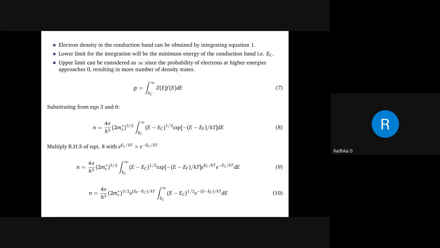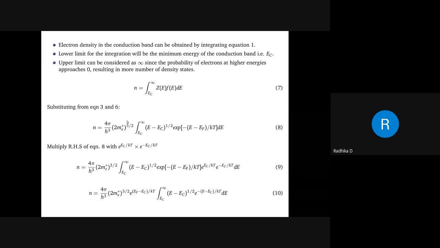In order to get the total number of electrons, or the density of free electrons in the conduction band, what you have done is integrate the product of the density of states and the probability. First you did it for a small energy interval dE. Now you are integrating it within the entire conduction band. The lower energy limit is EC and the upper limit is infinity, because you don't know up to what level it goes. In the next step, substitute for Z of E and F of E, which you got